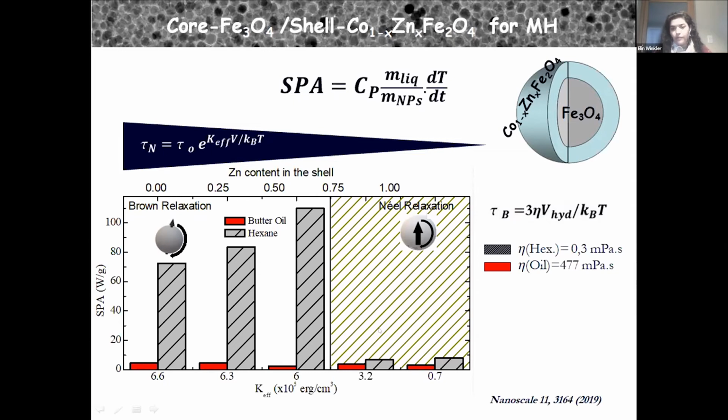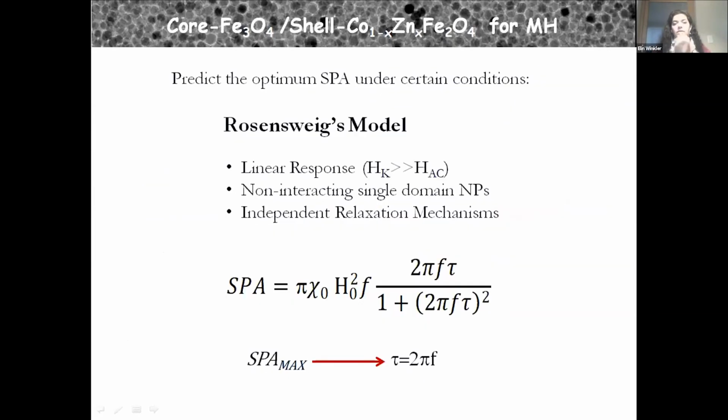So we have to see how we can produce heating here with this mechanism. And to do that, we go and see the Rosensweig model. This is a very simple model, but it helps us to predict the condition for the optimal specific power absorption. And this model says that the optimal condition corresponds to when the characteristic relaxation time of the system,